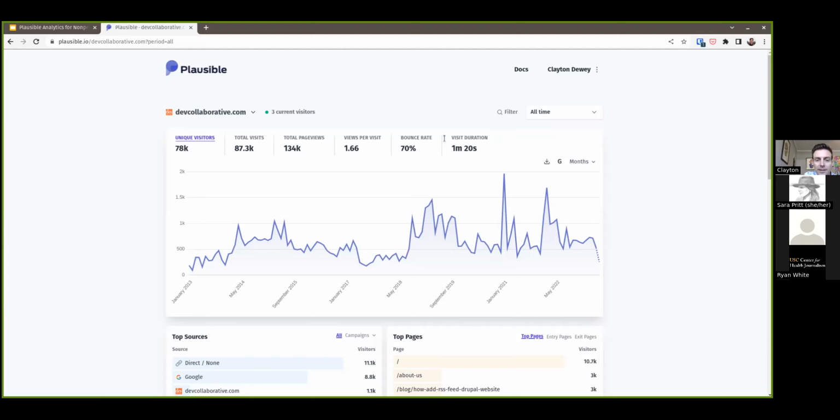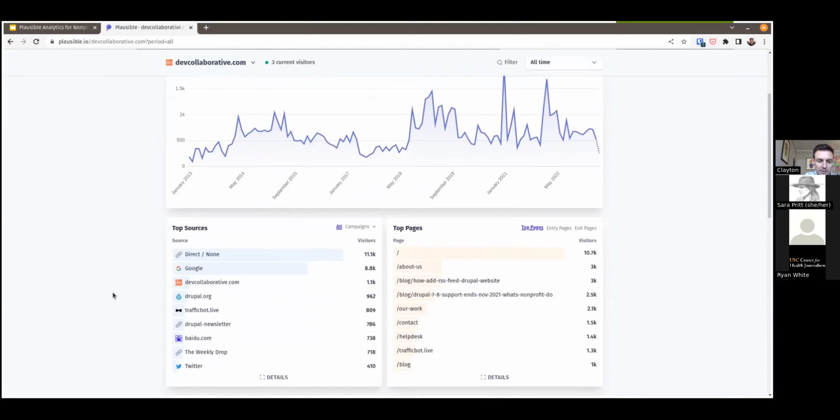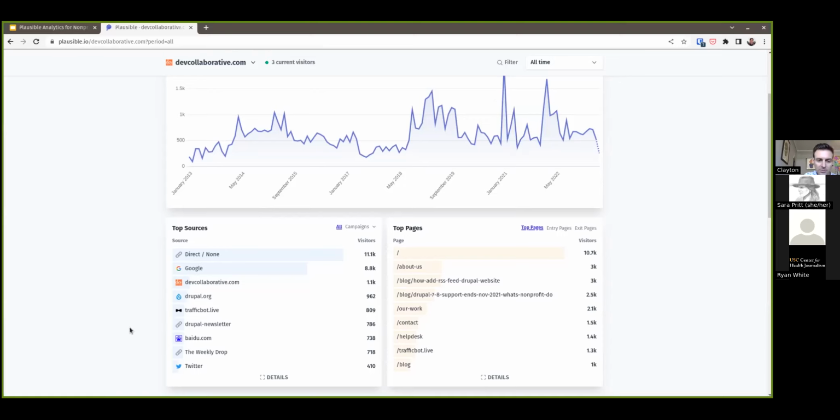I see Sandra asked how does social media fit with Plausible? And I see that Facebook came up as a source. Are there other ways to integrate it? So yeah, the other way that you can kind of integrate it a little bit more is